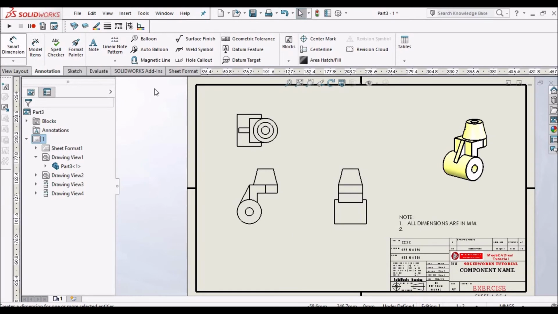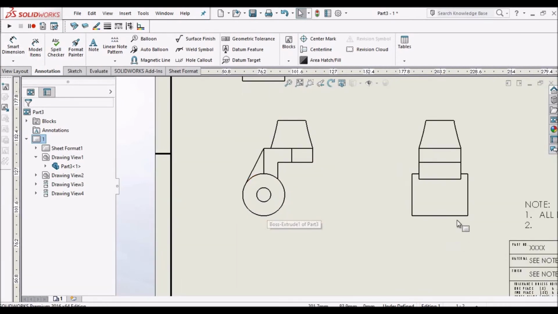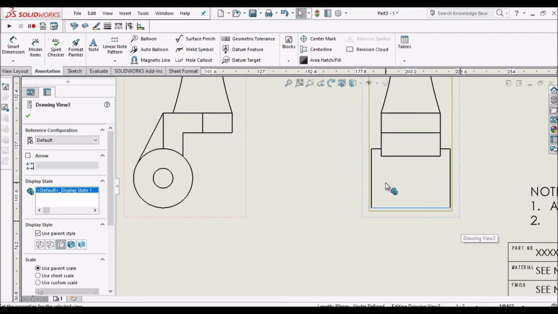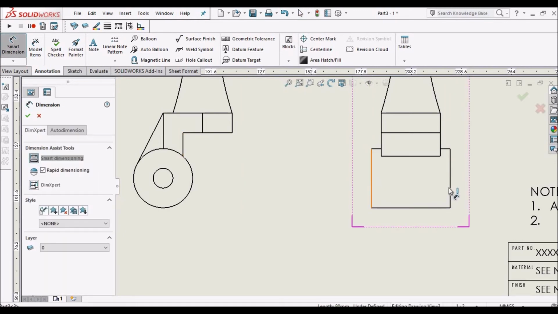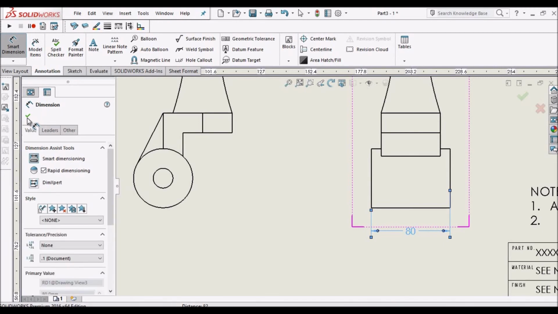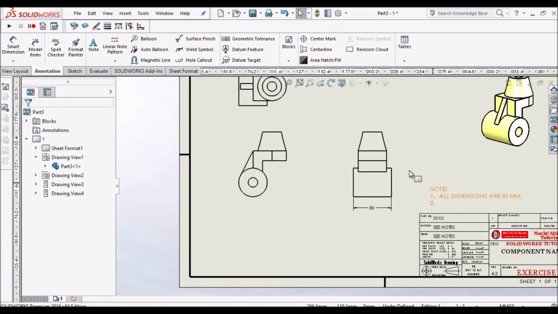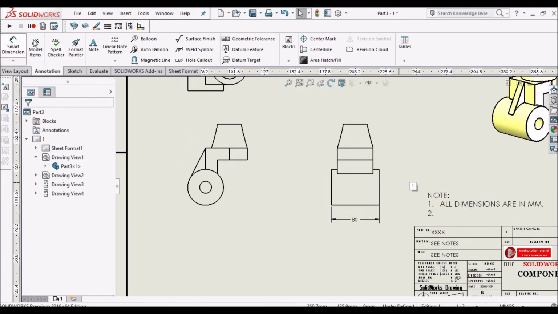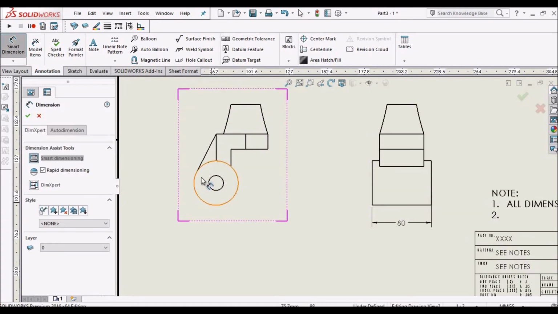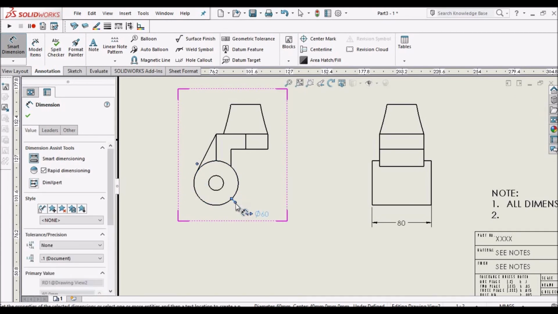Now go to annotation, smart dimension. So this distance is 80. This is 60.